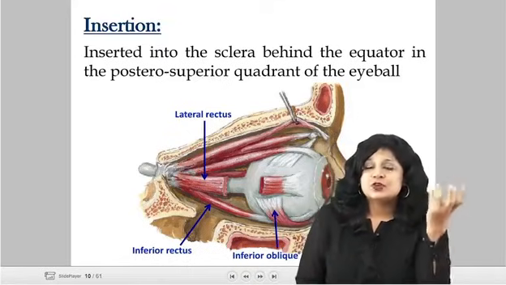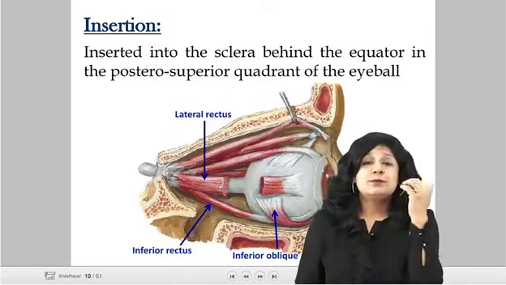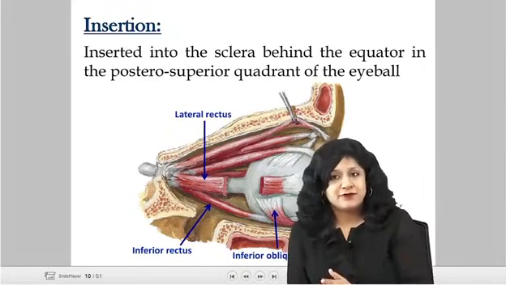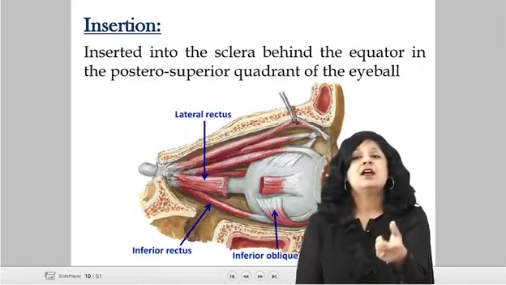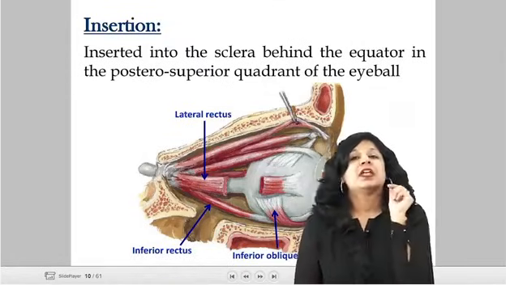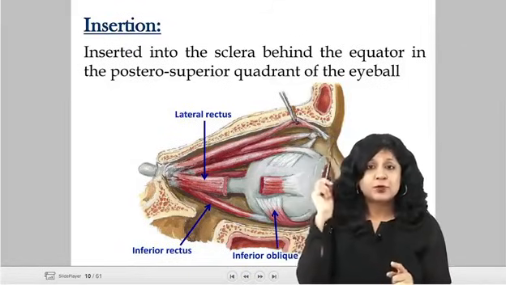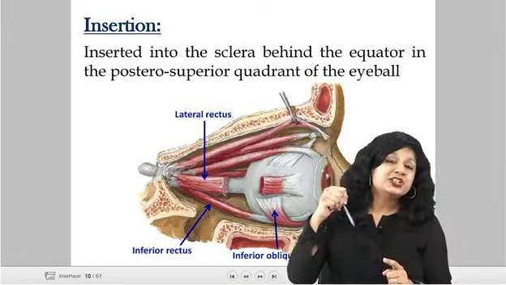Then why is this called superior oblique and why is this called inferior oblique? Both of them, the superior oblique and the inferior oblique, are inserting into the sclera behind the equator, in the posterolateral surface, posterior and lateral both. That is why their tertiary action